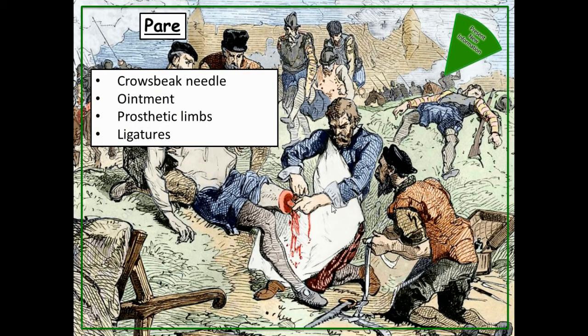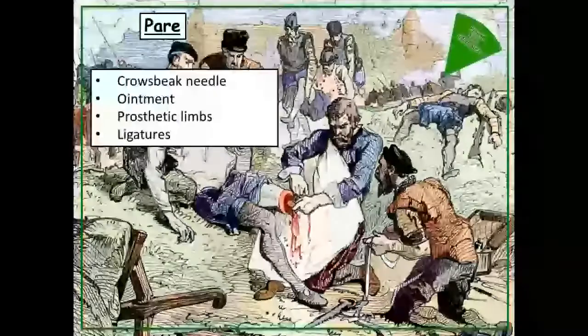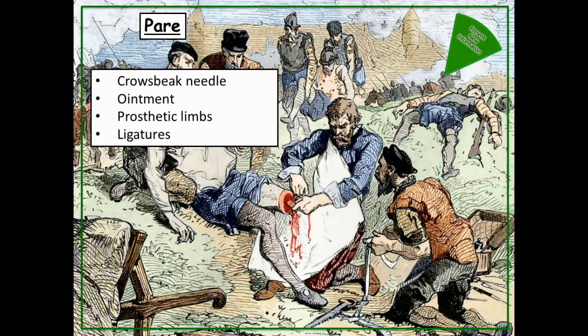So in battle at this time, muskets were used very widely. Cannon was used very widely as well. So when people would be hit with a musket or a cannon, often they would get an infection. And if the infection spread into the bloodstream, it could cause gangrene and cause the person to die. So very regularly, surgeons on the battlefield would perform amputations. And Paré, when he was carrying these out, was horrified by the suffering of his patients. So he developed a number of different ways of preventing it.